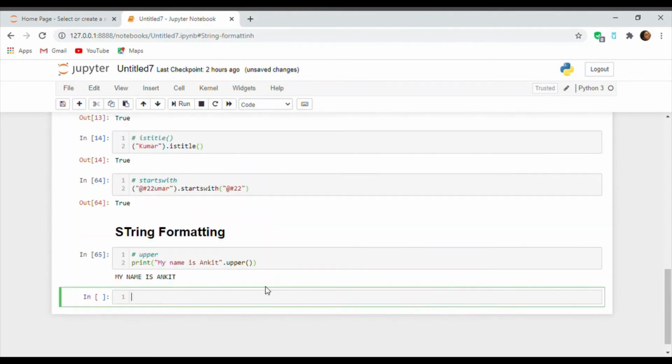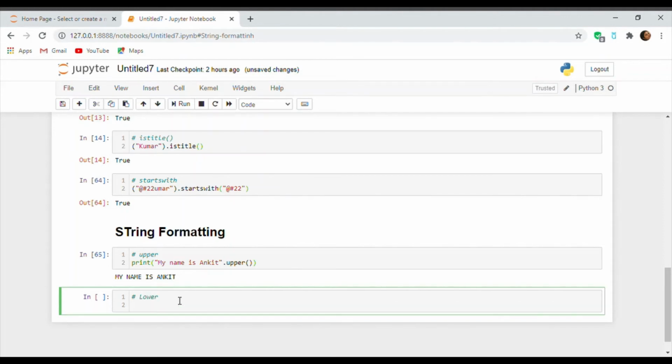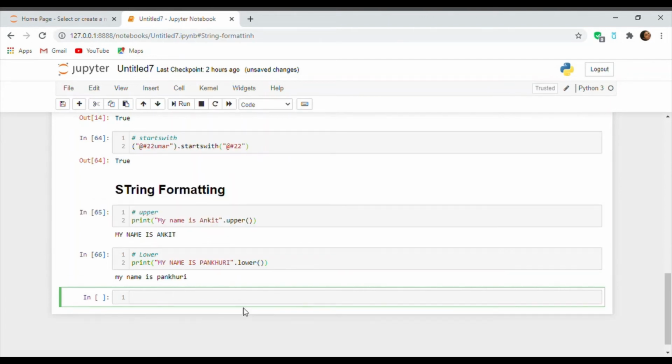So after applying upper, all the letters of your string will be converted into capital letters. So here all the letters of your string are in capital letters. After applying lower, the letters will be converted into small letters.